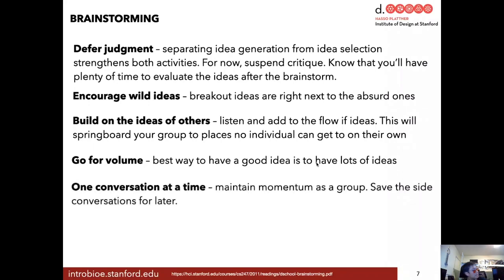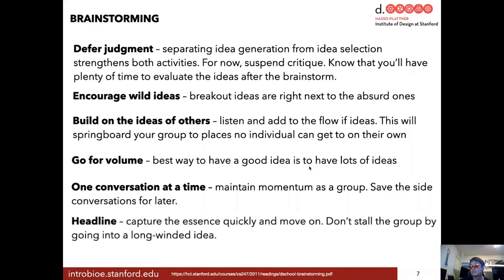When you're working in a group, listen and participate to maintain a single thread of conversation, momentum as a group. Don't break the group up into side conversations. Don't go it alone. Just go for the headline of the idea, right? Capture the idea and don't give a whole essay on your idea. Well, yes, I'm thinking of this interesting new thermometer that's made out of plastic and has a particular color that I think might go well with my drapes. And it's like, no. It's like, oh, we're making an upside down thermometer. Cool, yes, and what if we, you see what I mean?